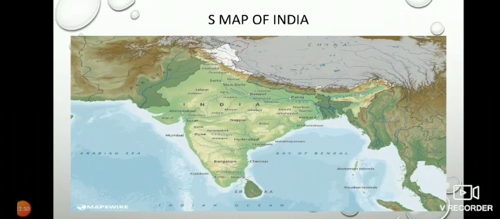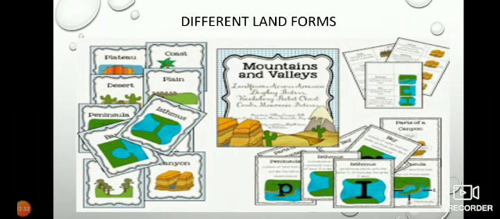So now let us discuss different landforms. Landforms like mountains, glaciers, valleys, canyon, plateaus, plains, deserts, ocean, sea, coast, gulf, bay, lagoon, lake, river, waterfall, delta, island, archipelago, peninsula, cape, isthmus, and strait.